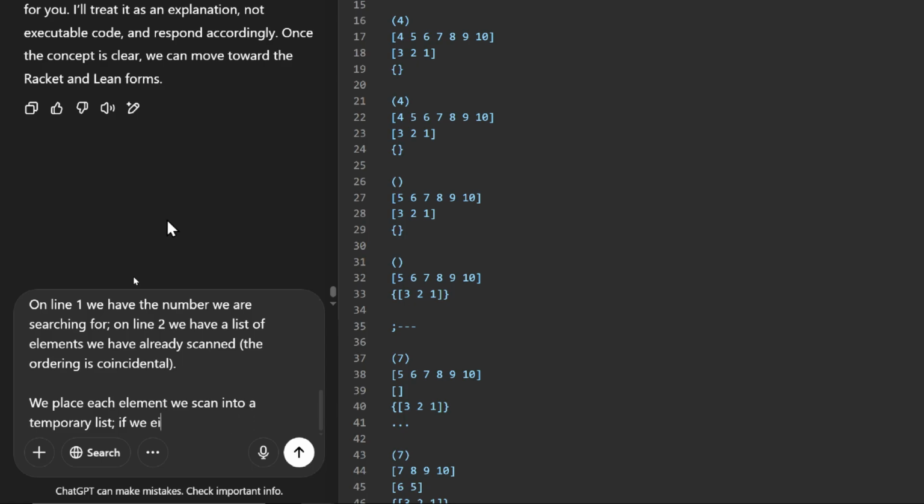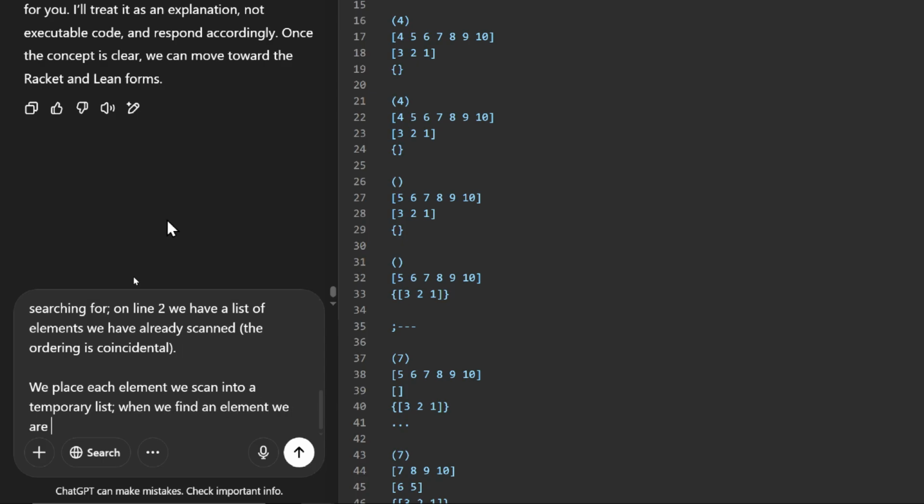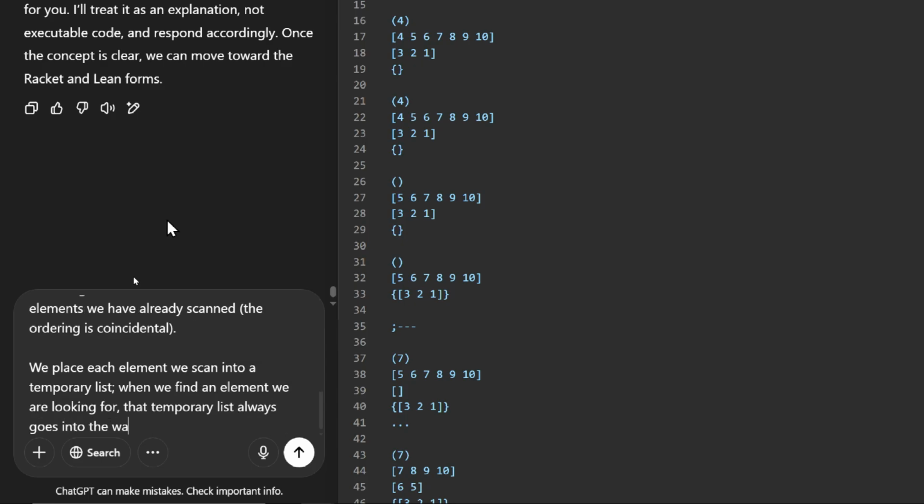We place each element we scan into a temporary list. When we find an element we are looking for, that temporary list always goes into the warehouse, indicating